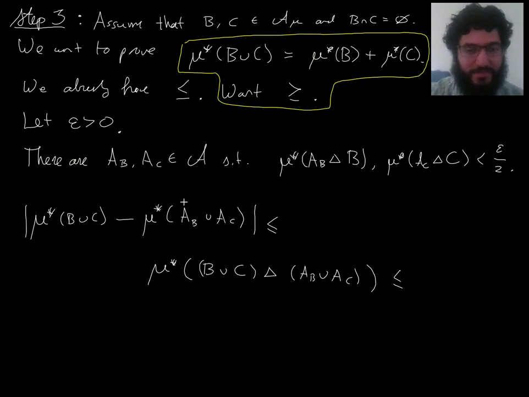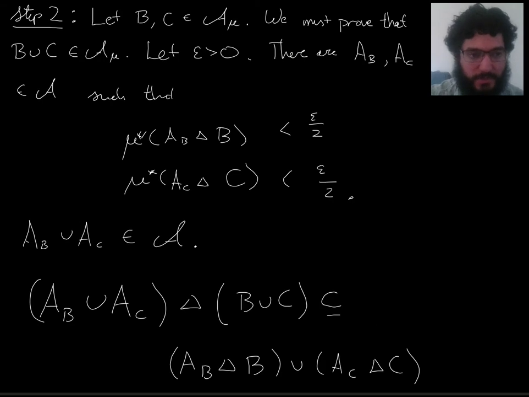Ultimately, in the inequality that I'm working with, I'm trying to replace mu star of B union C by mu star of this thing. But I'd like to see a good reason for why this should be small. Now, this we've encountered before, right? A union, symmetric difference, A union, where we know things about the individual symmetric differences. So we encountered this back in step 2, right? And then we